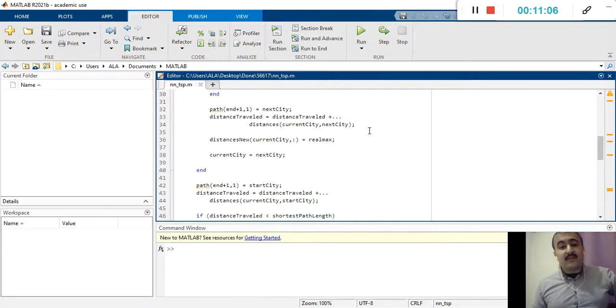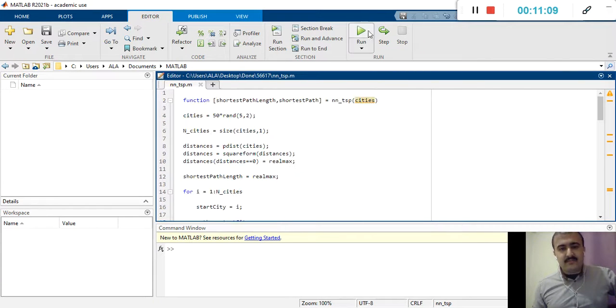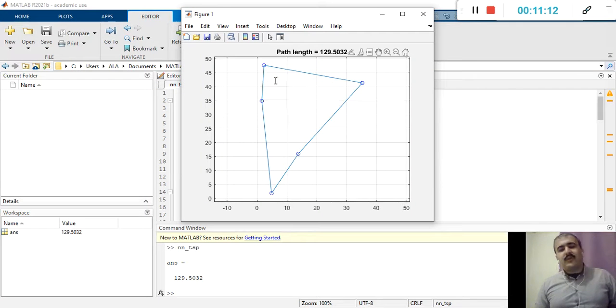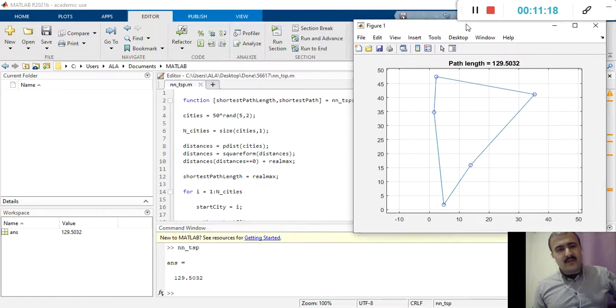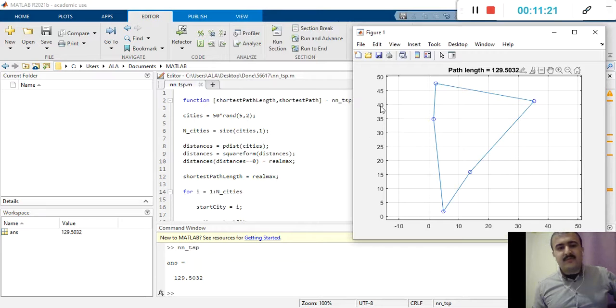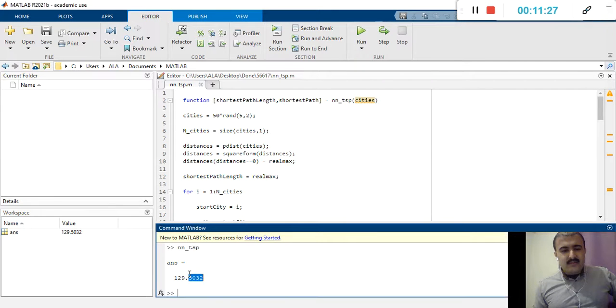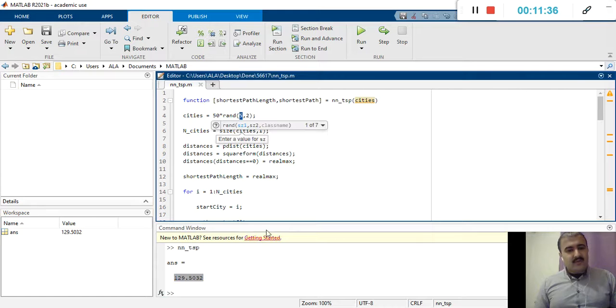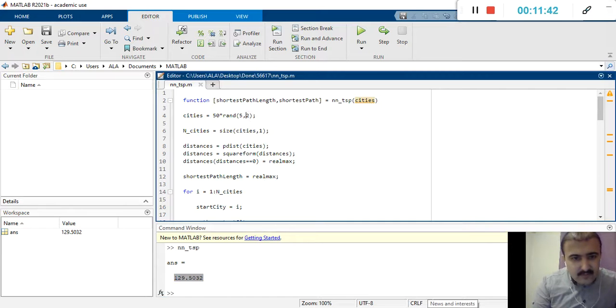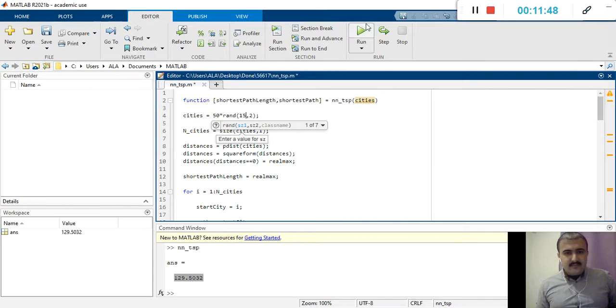Now I am running the program. Here we will see the points that are randomly given by the system from the run, and here we'll see the travel length that we travel between the 5 cities. We can have more points here. As an example, if we have 50 points and have another run,